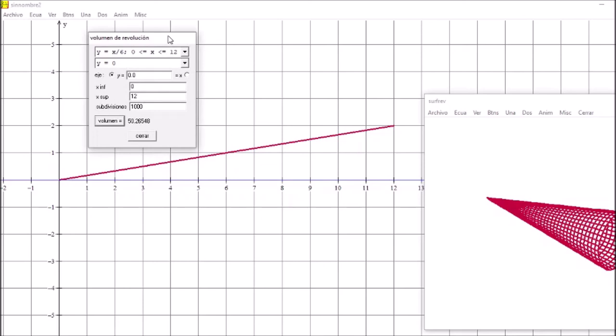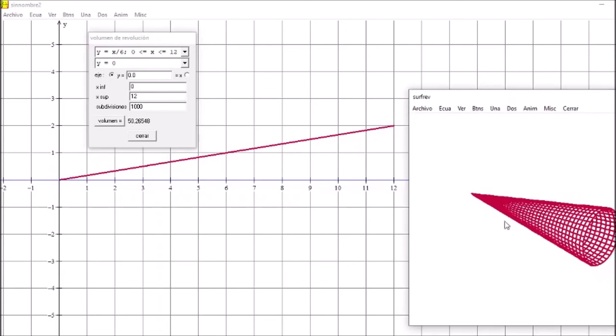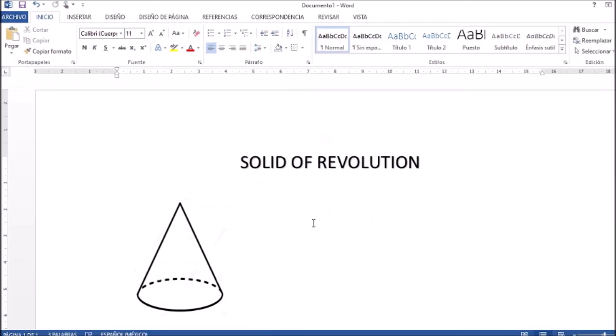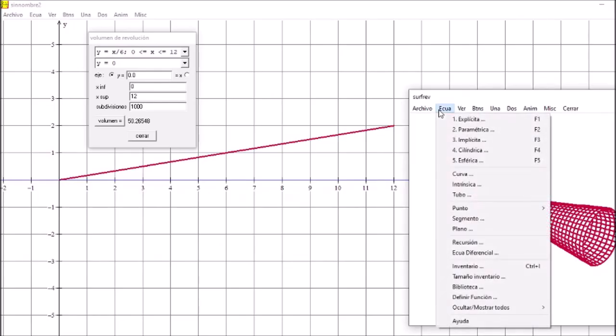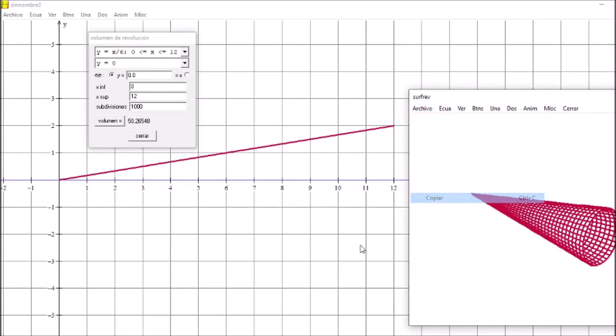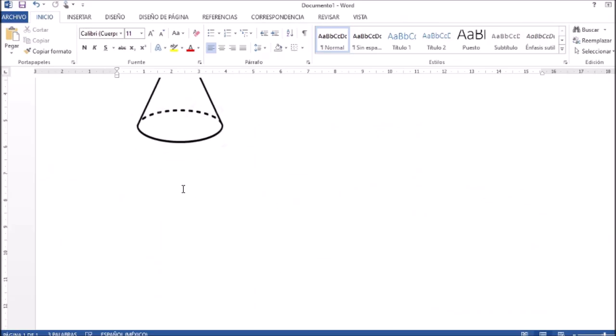You want to use WinPlot just to make the solid of revolution, or if you want to calculate the volume of that solid, so with this program you can do it. And even if you have a homework or something and you want to do it in a Word document, for example this one in a Word document, the only thing that you need to do is just go to equation, here, and just copy, put it in your document, maybe here you can copy,